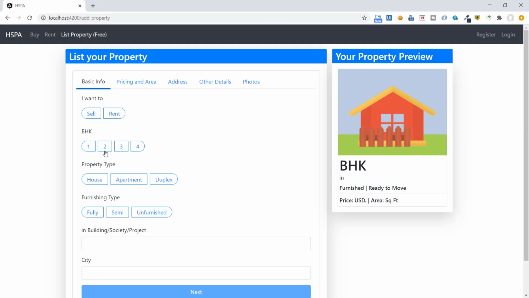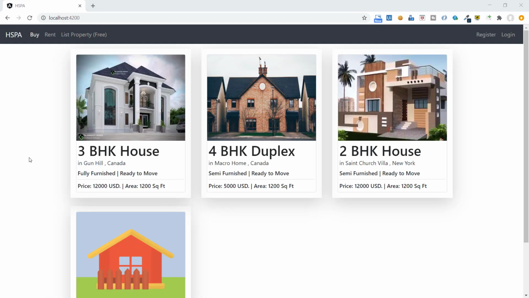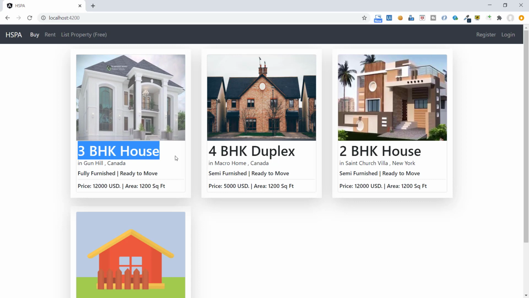So in our previous video, we have seen how to validate these tabs individually using template driven form. Next we will see how to do the same using reactive form, and we will continue to create this form using reactive approach. Before that, let's quickly update this property card to change the font of this heading to align